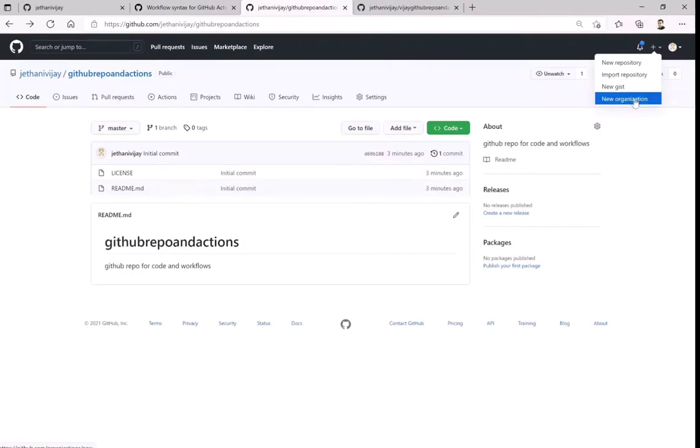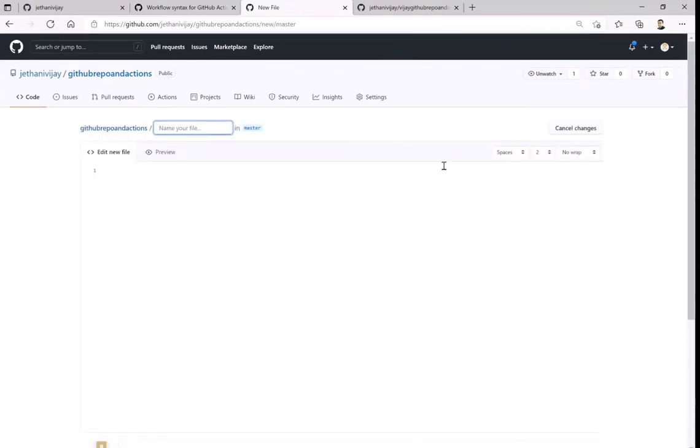Now, new organization, I will just wait for a while until you get some hold of what exactly you are doing with the new repository and importing and working around with that. Now, what are the other steps which you will do? First thing is you will obviously add a few files. So let me create some test file, say a markdown file saying hello, welcome to class. As simple as that.